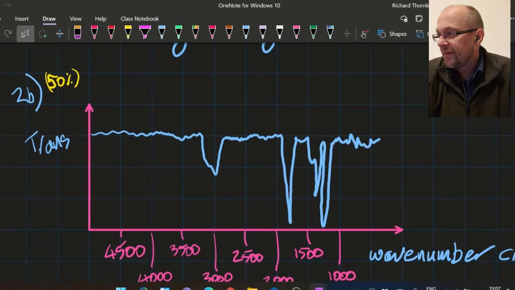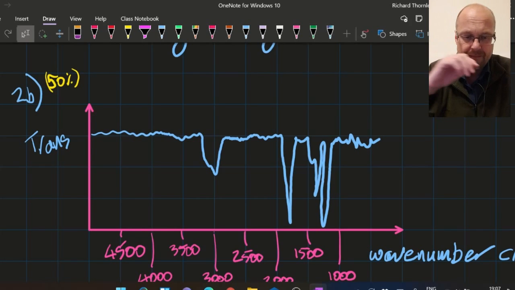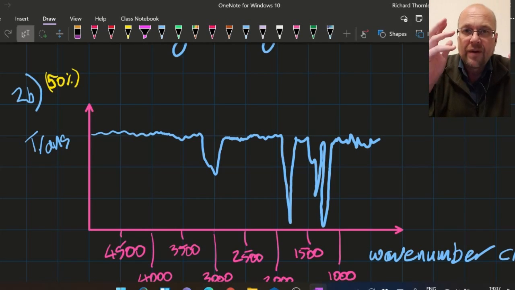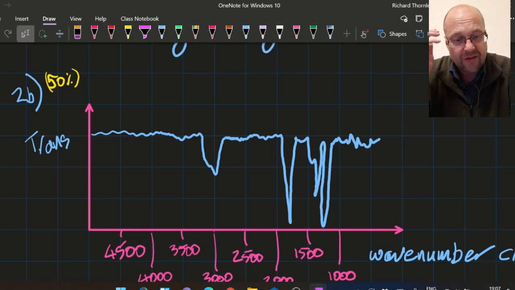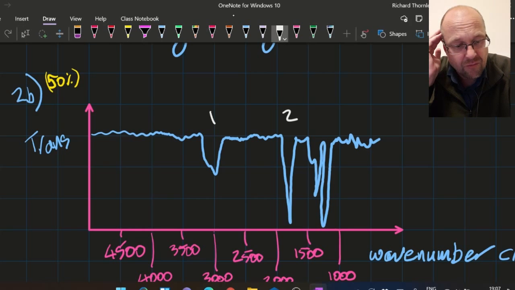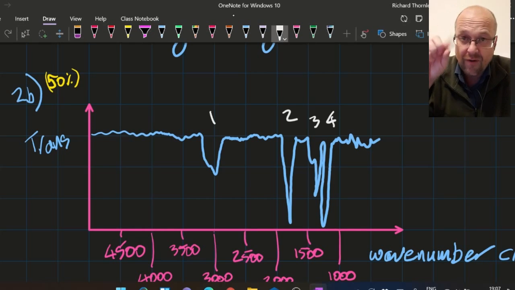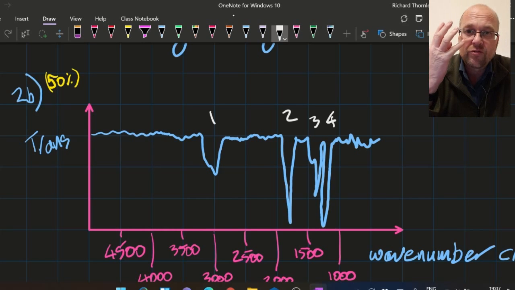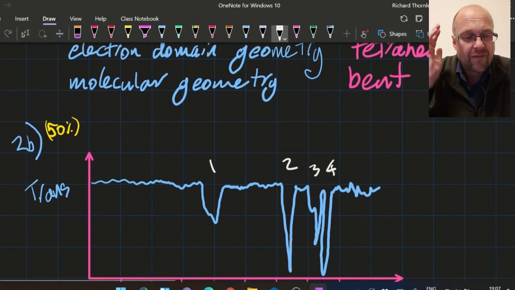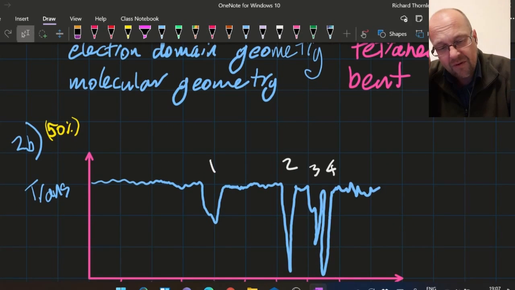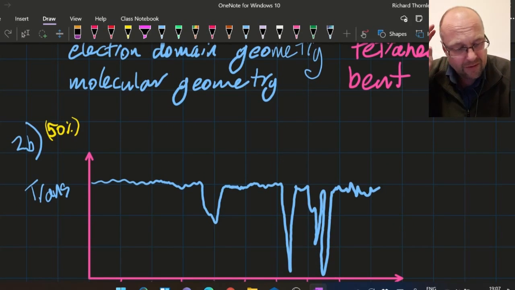Next up, again, this one I did wrong. So fast forward if you don't care about how I got it wrong. Infrared measures the different bonds, the carbon bromine, the carbon oxygen, the oxygen hydrogen. So I just counted up 1, 2, 3, 4 troughs. So there must be 4 sorts of bond. And I just used that and I worked it out as all wrong. No. Apparently that isn't how it works today. So we're going to check